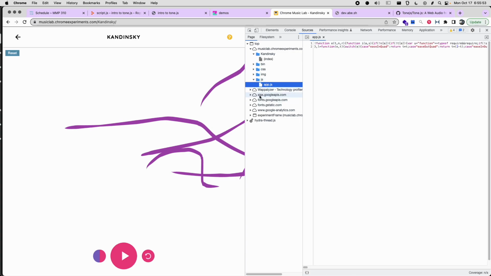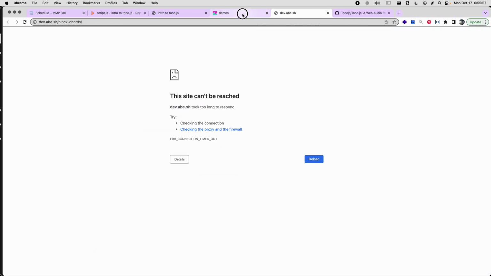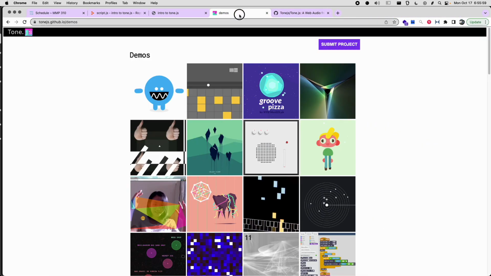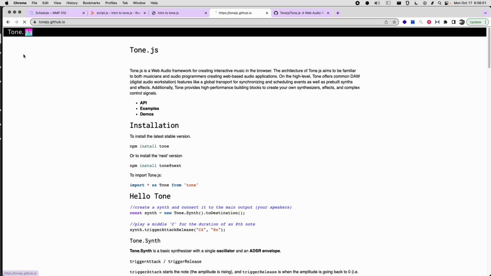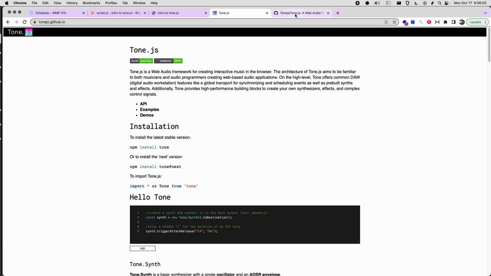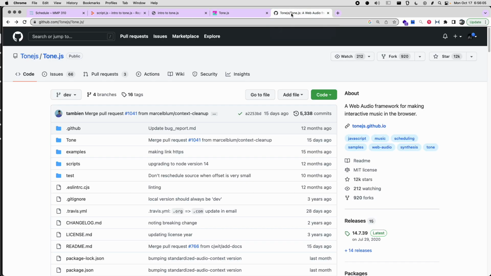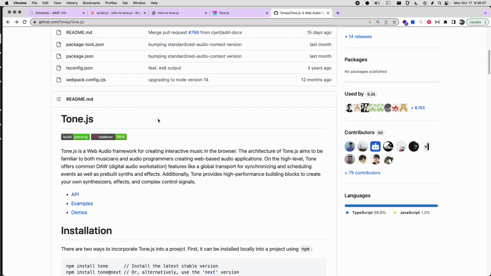Okay, so we can't actually see this code, but at least it's good for some inspiration. Anyway, that's some demos. So that's one place to learn about how Tone works. Another place that I have found is really useful is the Tone GitHub, where you can look at the code,